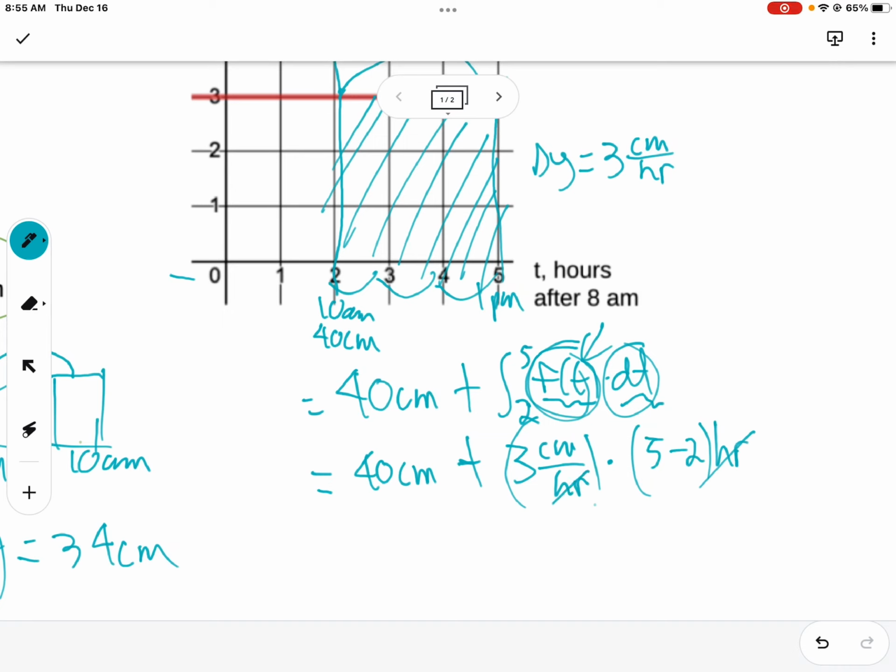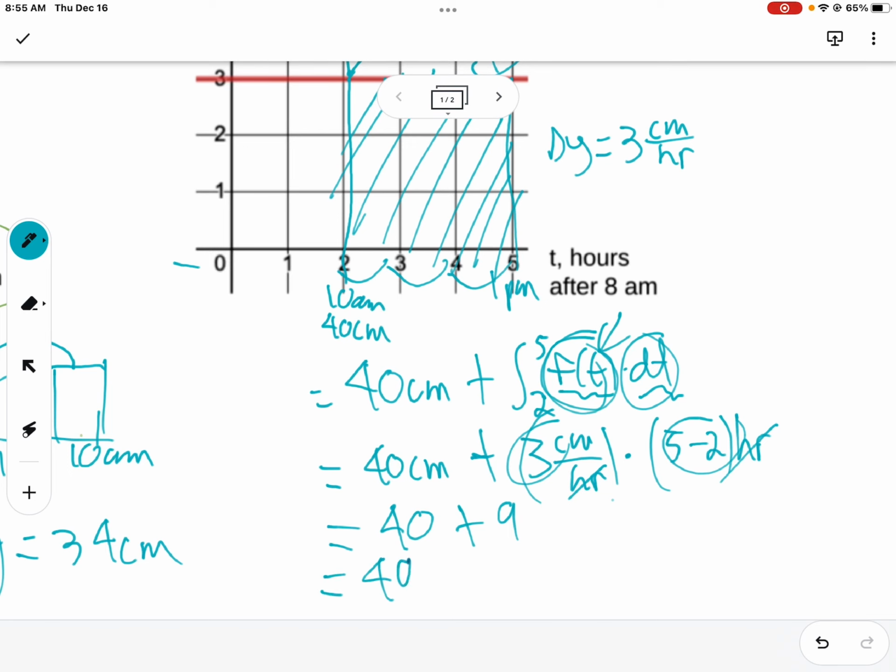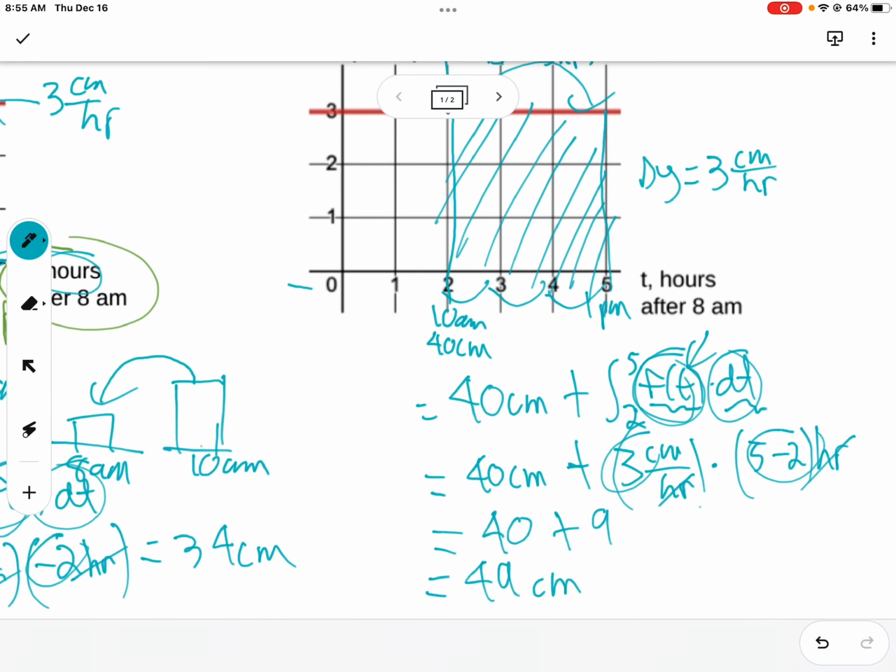And then I'm left with 40 plus, well, that's worth 3. 3 times 3 is 9. So that gives me 49 centimeters of snow at 1 p.m. So now what we've done is we've taken accumulation rate,